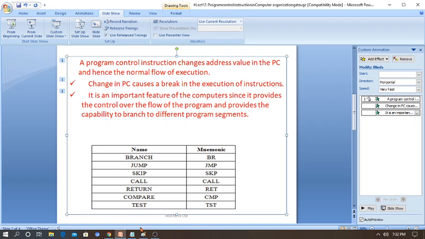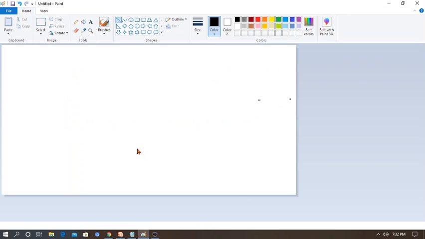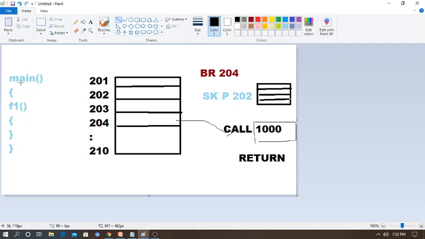Most people study the C programming language. In C programming, you can write a program where you use functions. For example, you start the program with main or void main, and you can call F1. Whenever you call the function, it goes and executes the task and comes back to the main program. Or if you have F2, it goes and executes and returns the data you want to return, and at last comes back to main, gives the result and stops the program.